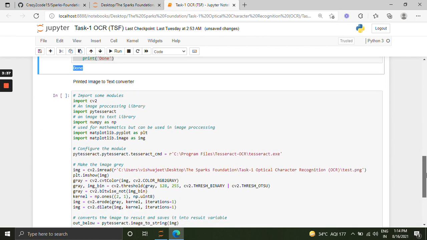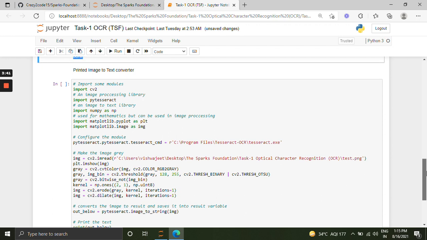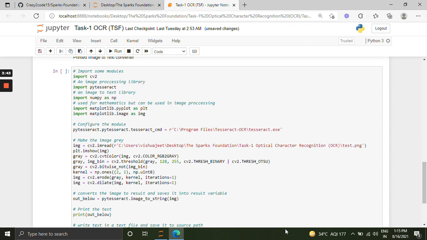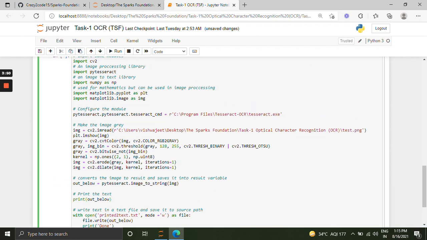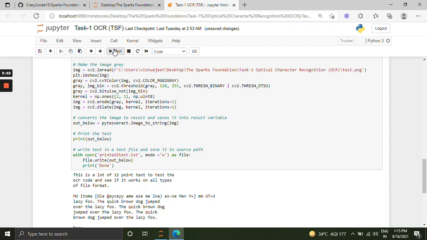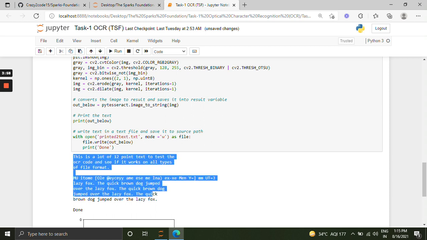Now in the next bigger block, I have consolidated all the smaller code blocks that I have demonstrated above, and this is the full code block. Now let's run this bigger code. As you can see, here we are able to get the extracted text which we are printing here.